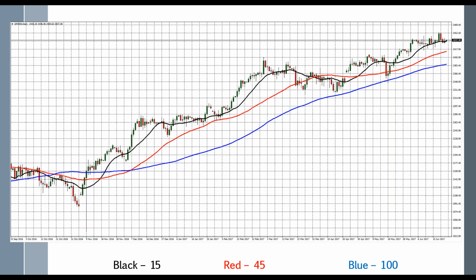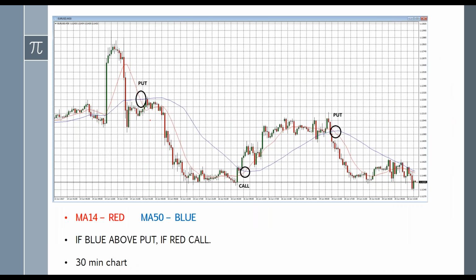Now, how do we trade on it? Let's take a look at this example. This is a way that we recommend doing it: pick two averages with quite a difference between them. The bigger the difference between them, the bigger the size of the movement will be. Over here we have in red the moving average 14, and in blue the moving average 50. Now, as we can see, when the red line is above the blue line, it means that the market is in an upward trend, starting to go up. The opposite means that it's going down.